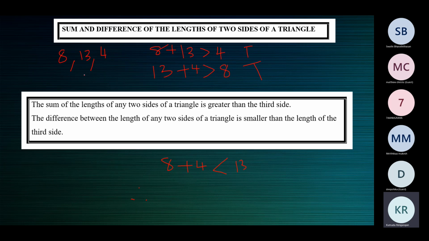And so also, when you find the difference, let's do any one will do. Now, supposing you're given 8 centimeters, 13 centimeters, 4 centimeters, and the question is, can a triangle be formed with these lengths? You should add the sum of any two sides and check if it's greater than the third side. In two cases, it's true. But in this case, the sum of the two sides is less than the third side. So no triangle is formed. You can also use the difference property.